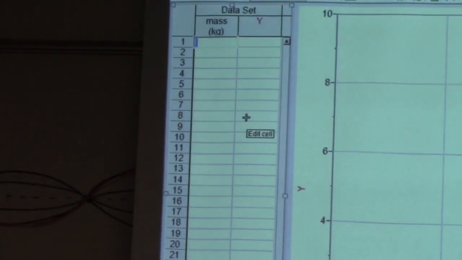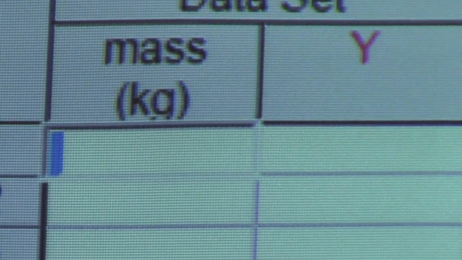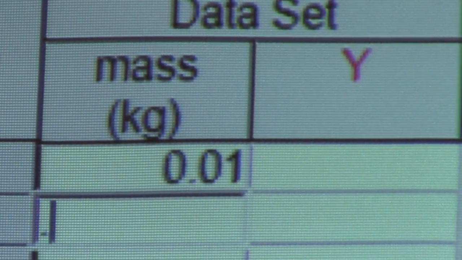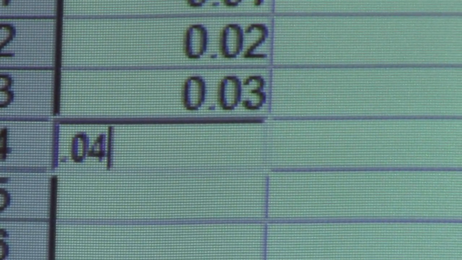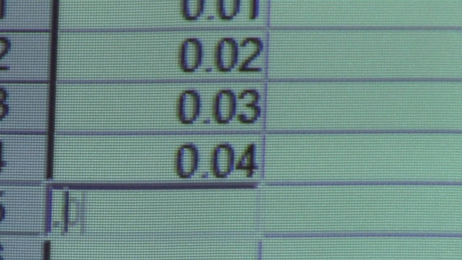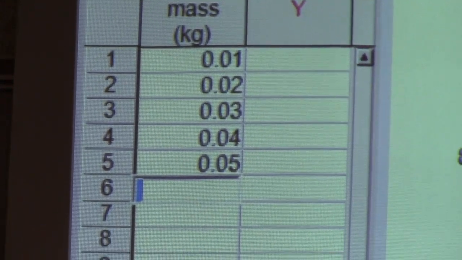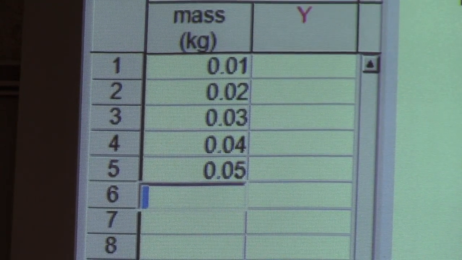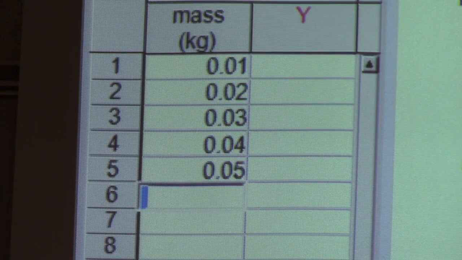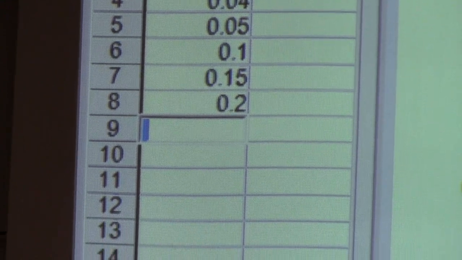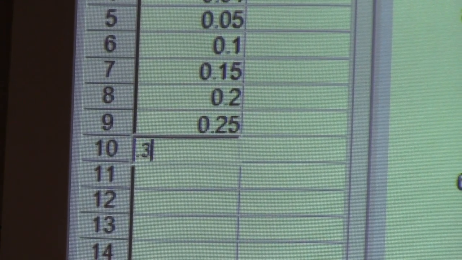And it looks like I have to get my data table here, so this may take a little while to type. Looks like we got 0.01, 0.02, 0.03, 0.04, and 0.05. So that's the first five. It looks like then we go up by 50s. So after 50 grams, we have 100, 150, 200, 250, 300,